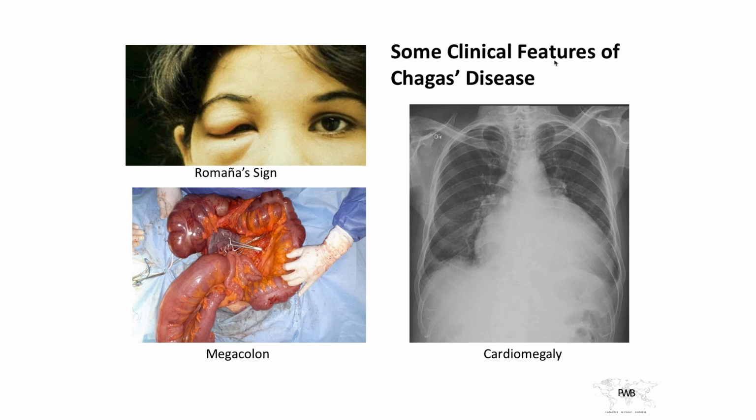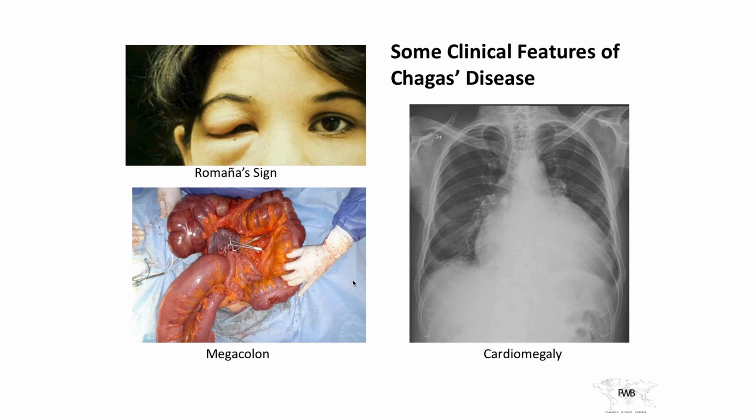This shows you a few of the classic clinical features. Romaña's sign. Now, why are people getting this? The two ways that you can actually have the parasites enter in this sort of a situation is the break in the skin and then the feces getting in through the wound, or the sleeping individual may rub the feces into the conjunctiva. And that is felt by most of us to be what triggers Romaña's sign. You're actually rubbing bug feces with the parasites into your conjunctiva.